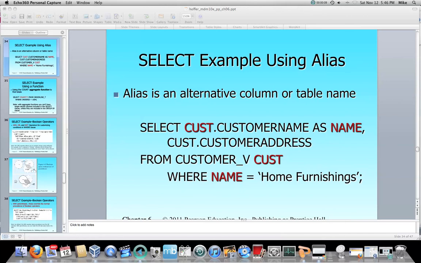Hello and welcome to both the use of aliases as far as an alternative column name along with an alternative table name. In this course in IT 117 we're not going to worry so much about alternative table names. That will be much more significant in the advanced course. In this course I'm simply going to show you how to use aliases for